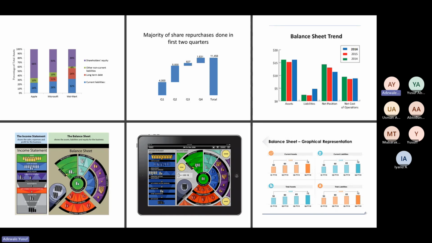Okay, 3 from Usman. Okay, great. Interesting. Now, remember, I said something about standard notations. Okay, 6 from Mubarak. I said something about standard notation, and what I said there is that things that mean the same should look the same. Right? Things that mean the same should look the same.